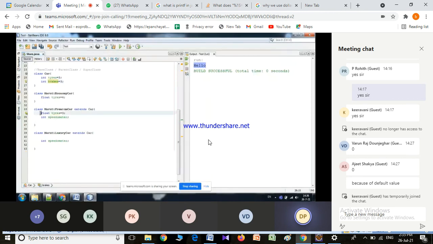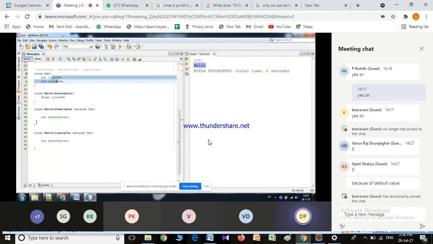What is happening here? See here, I have a Maruti premium car, I have extended a car, okay. Now Maruti luxury car is there, okay. Now Maruti luxury car, I am extending car. Now what will I get? Tires and brakes I will get, okay.